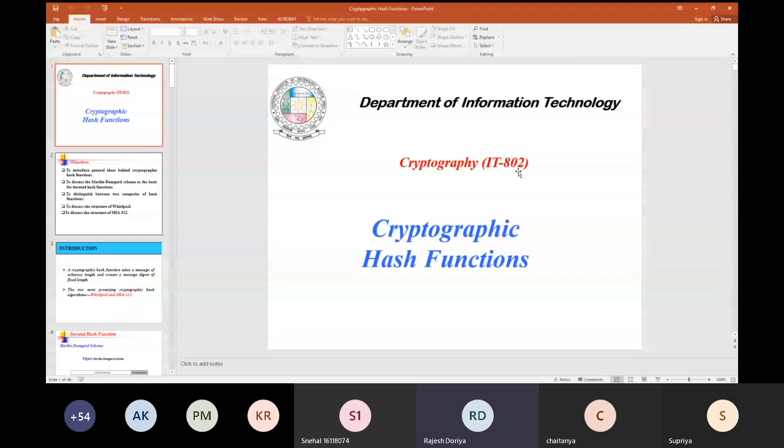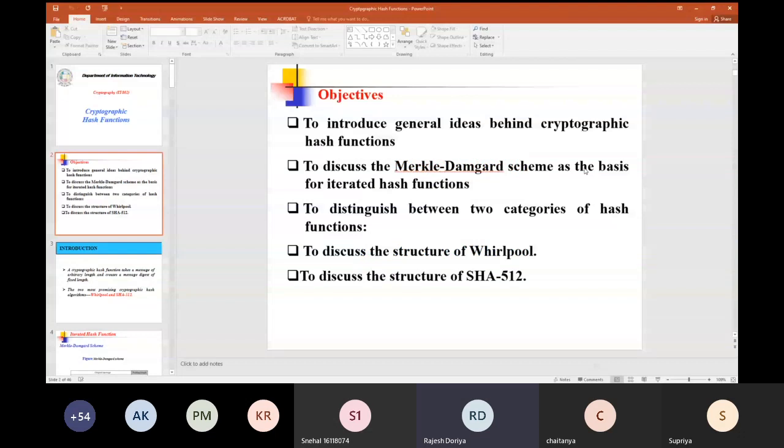Now, while studying message authentication code, you would have seen that we were applying some hash function in the case of MDC as well as in the case of MAC. In both cases, we were applying some hash function, and with the help of those functions, we were able to have a hash value or a message digest. So in today's class, we are going to see how exactly those hash functions work.